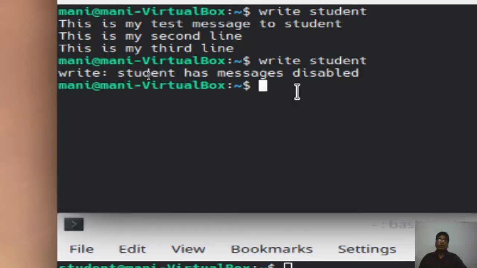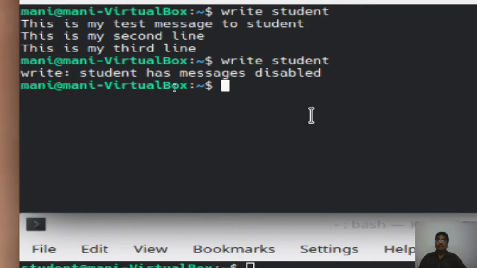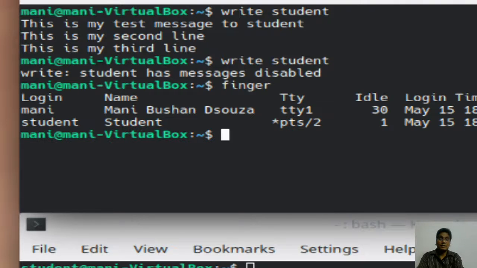Now what if I want to know whether write is enabled for a particular person or not? For that you have a command called finger. Finger is not the command to check for that, but it also gives you an option showing whether somebody has enabled or disabled write. When I press finger, you will notice that there are two persons who have logged in.